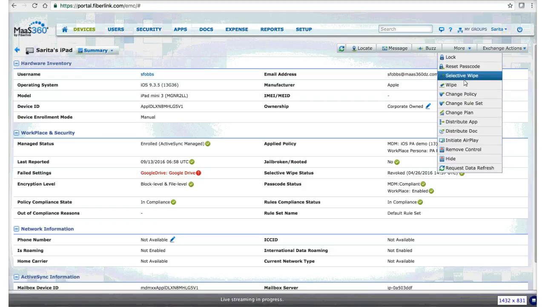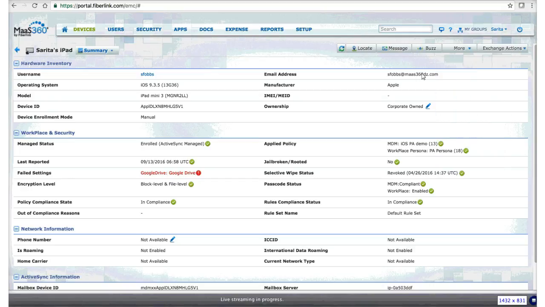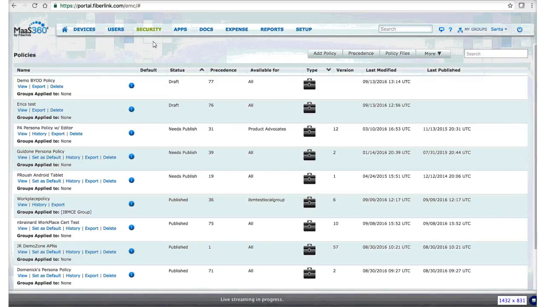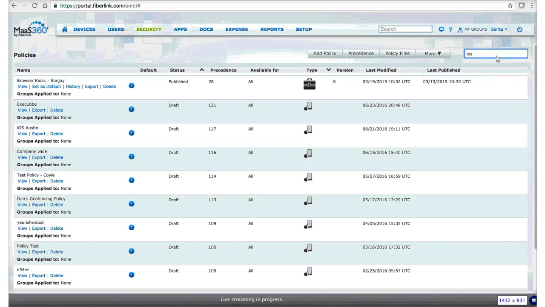And another cool perk about the containerization is it does offer data loss protection. But as we go through the portal, I'll definitely go a little further into the details. So what we'll do now is we're going to jump into an MDM policy. The MDM policy is a device-based policy. We talked a little bit about this during the 101 part of the series, but with the MDM policy, you'll